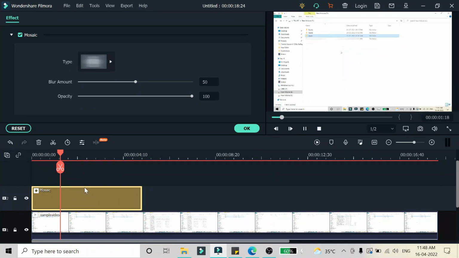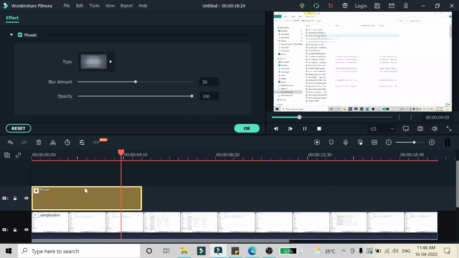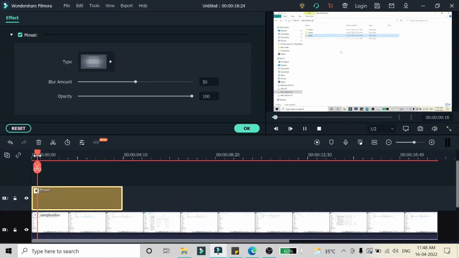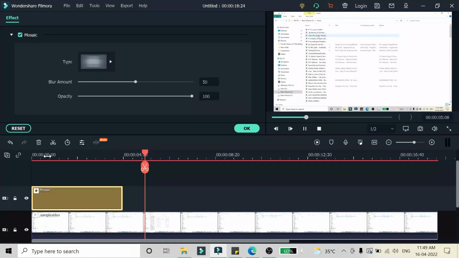When the text is gone, I want to remove that blur. So till here you see that blur is there, and I want to adjust that here actually. You can also adjust the